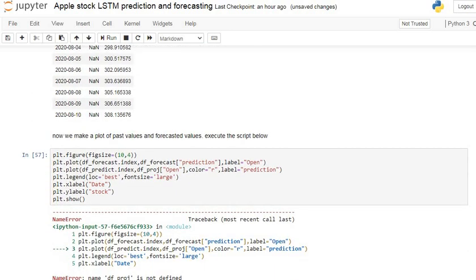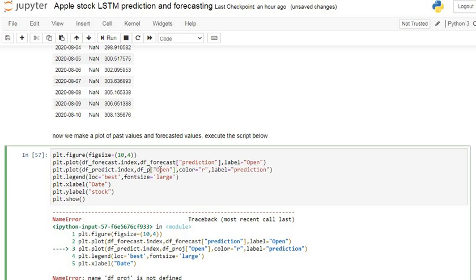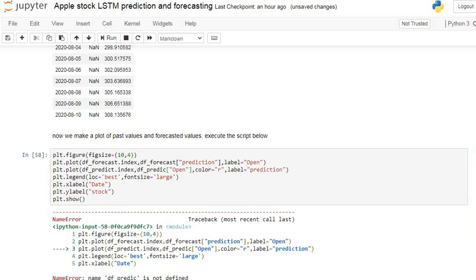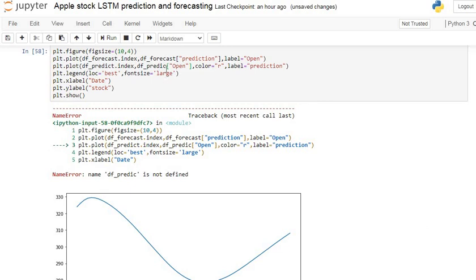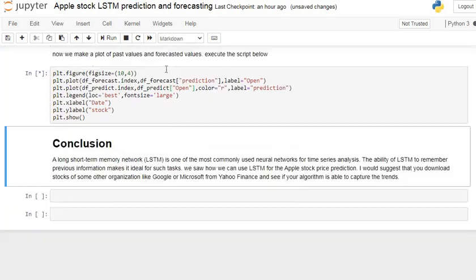For that we have one error. Sorry, here I got the error. You can see here our df.predict is not given here. So for that, predict, again there is error.